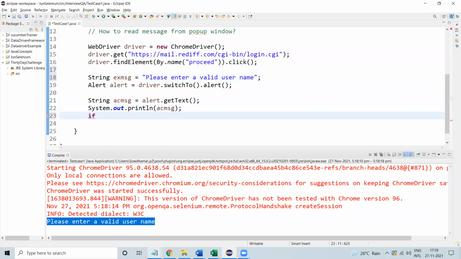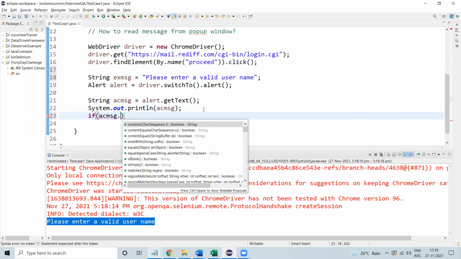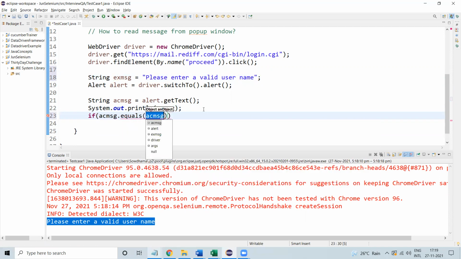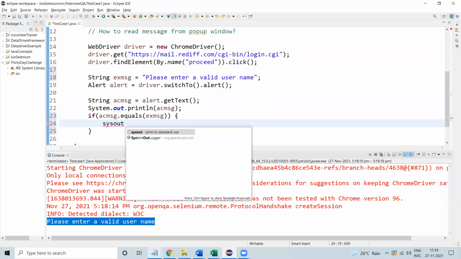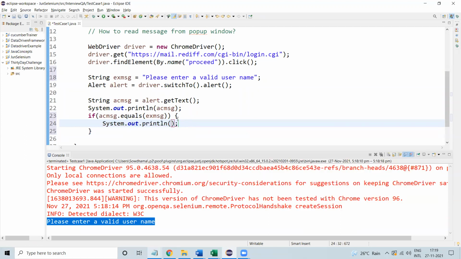So I can go with if actual message dot equals expected message. If it is equal, then it's going to print validation successful.